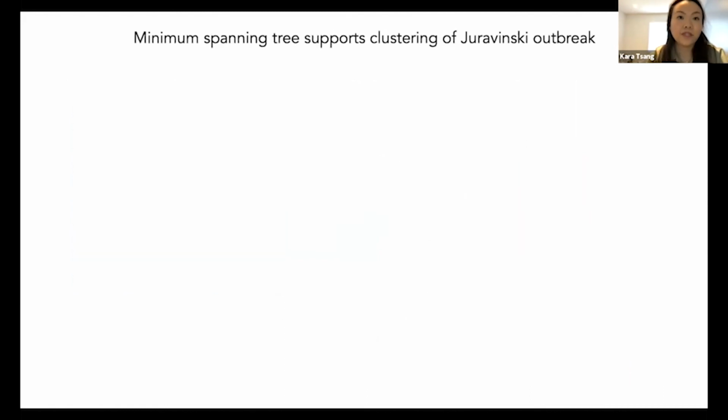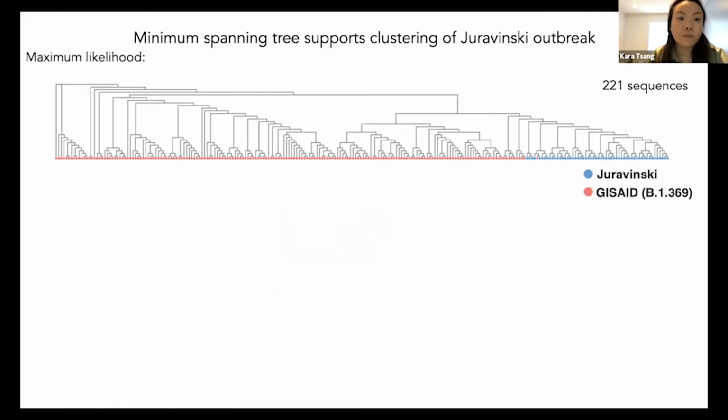Next slide, please. So what we wanted to do was recreate the trees that we previously created with this new information. And so with this maximum likelihood tree, the previous one, as we can see, the Juravinski clade groups to the edge of the tree. And so at that point, we thought maybe it could be a new lineage because it doesn't really group within this B.1.369 lineage. And so we recreated this tree with the GSED